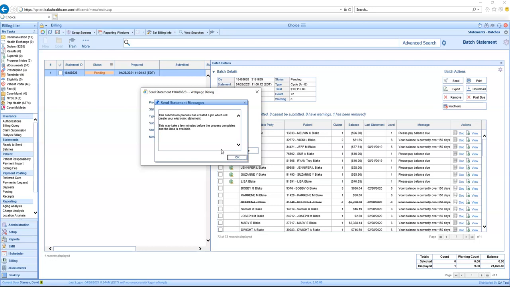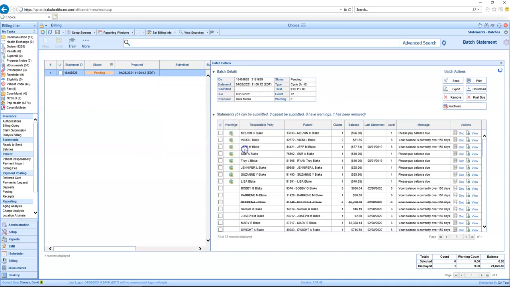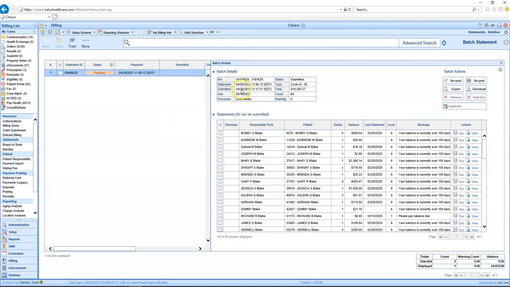And just like our create process, this is going to send it in the background so that you can continue working. It's got a couple steps it's going to do where it's going to go set some information for you. So we'll go ahead and click OK and close our submission window. And our screen's going to reload and we now have a submitted date. So at this point, you're done. You have submitted statements. They've gone out. And there's nothing left to do